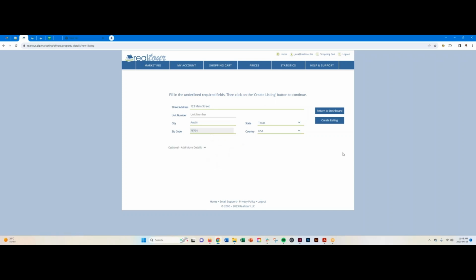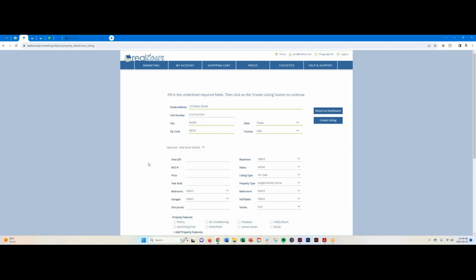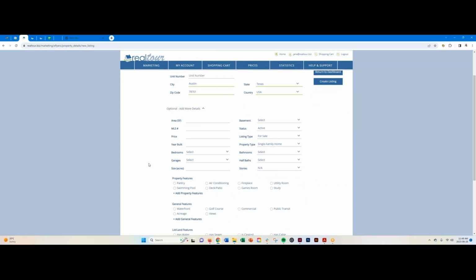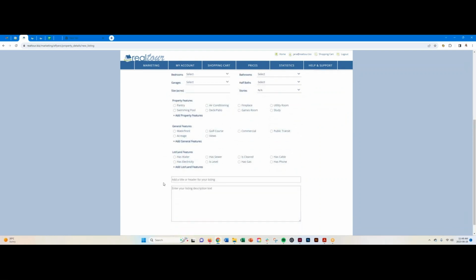There we go. Now you'll notice as soon as I filled in those required fields, I get a new button that says Create Listing. I can click on this and proceed, or you'll also notice over here, and it's optional, I can add more details. If I click on this, I have fields where I can add in all the additional information about my listing. The price, how many bedrooms, how many bathrooms. I can add a title or a heading. I can even type in the listing description text, a nice little paragraph describing all the great things about my